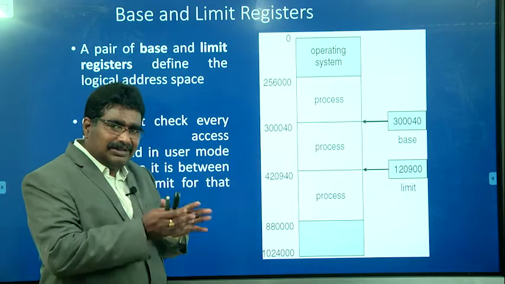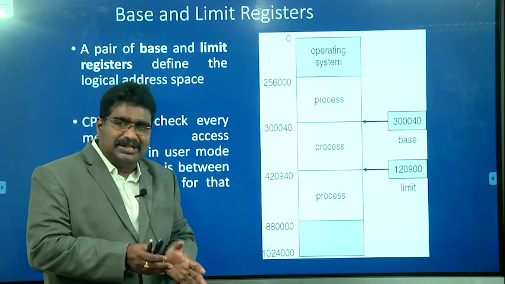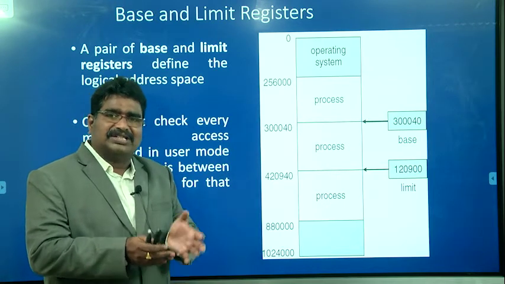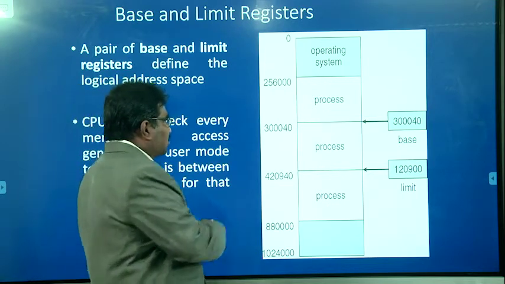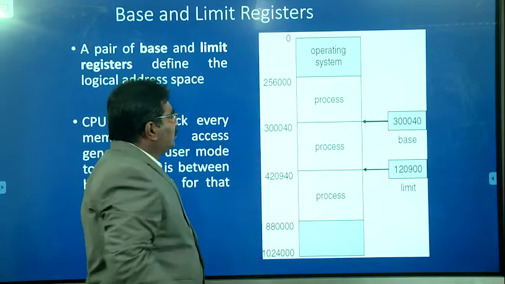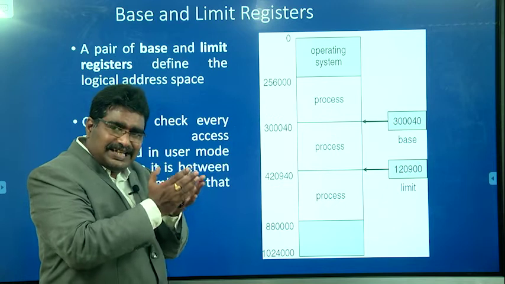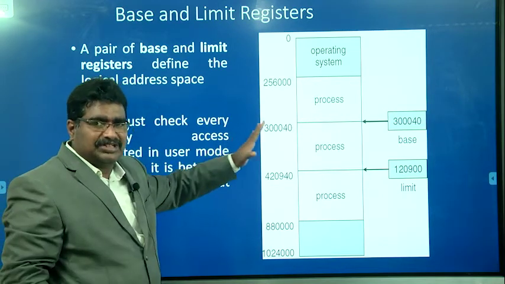But all these operations are done by software only; it is system software, not hardware. Since it is system software, it has a set of instructions. Those instructions are stored in the primary memory in locations 0 to 256, that is, the first 256 KB of memory is allocated for the operating system.